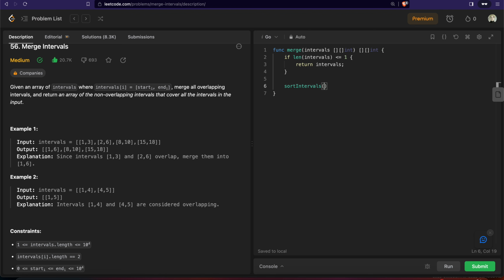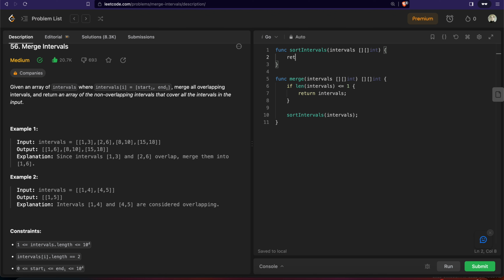I'll create a separate function for this, and I will pass our intervals to it, and I'll declare the function above, sortIntervals. This will take an interval slice,